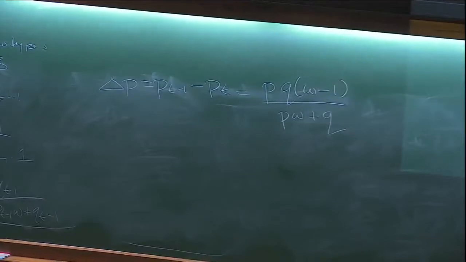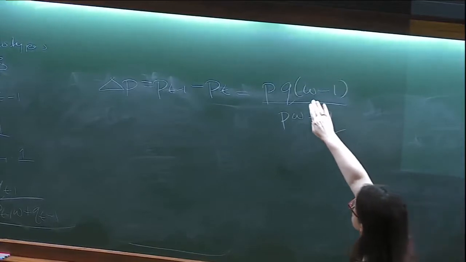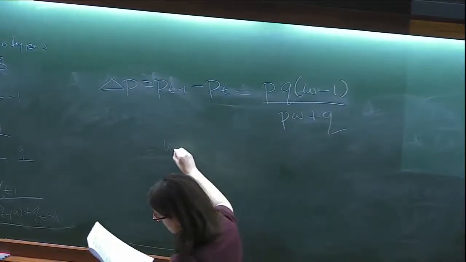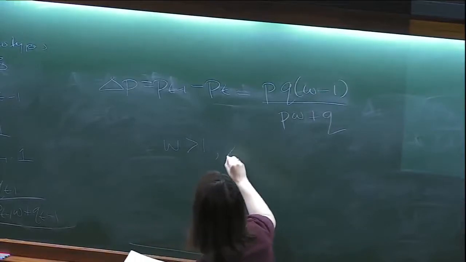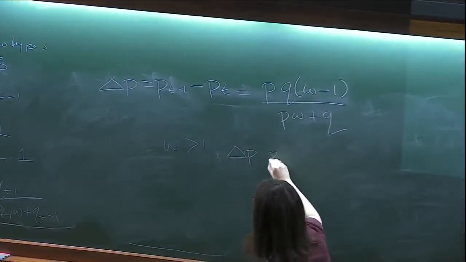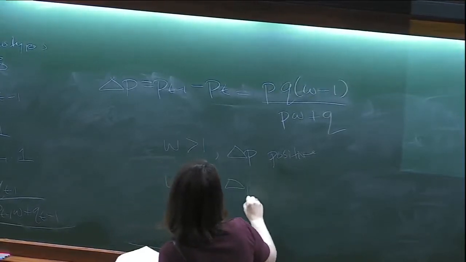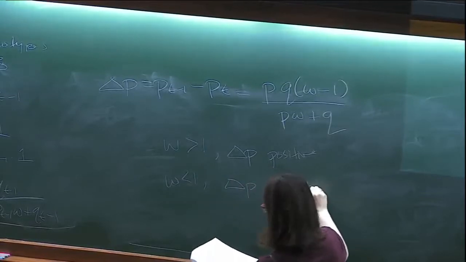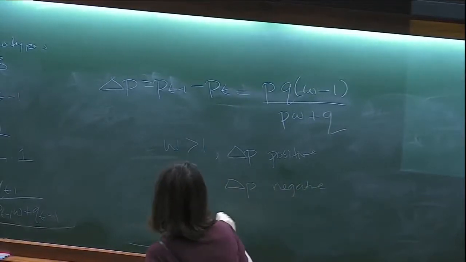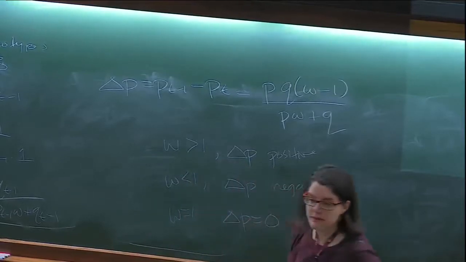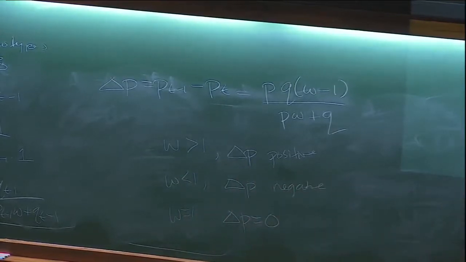And this is a typical population genetics result, that under haploid selection, the change in allele frequency is just going to be this quantity. And you can see that W, once again, tells us what's happening. If W is greater than 1, then the change in frequency of A is positive, so it increases. If W is less than 1, the change is negative, so it decreases. And when W equals 1, selection should have no effect. This ignores drift, it ignores mutation, it's ignoring everything, just selection. That's all we have.